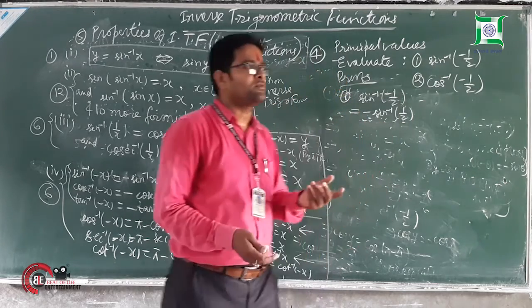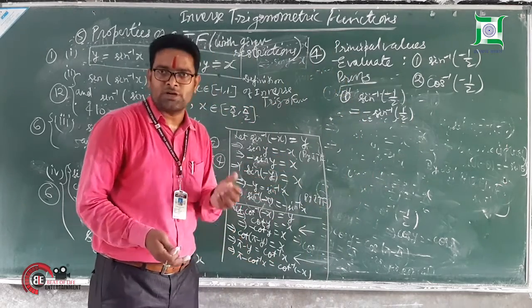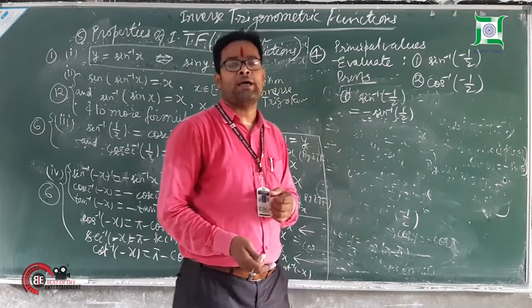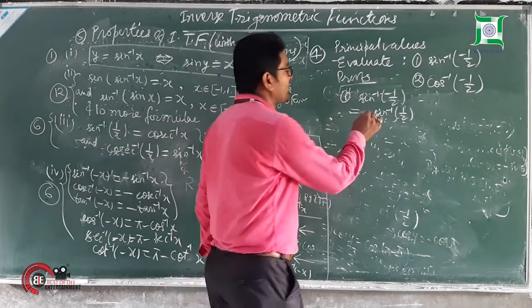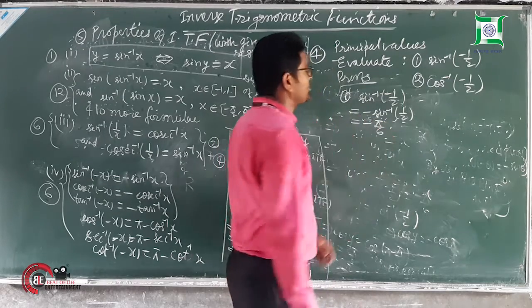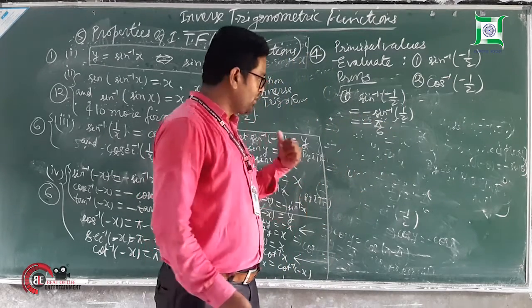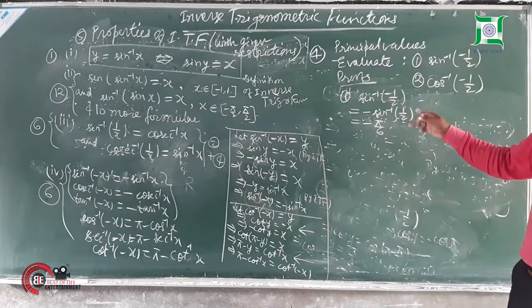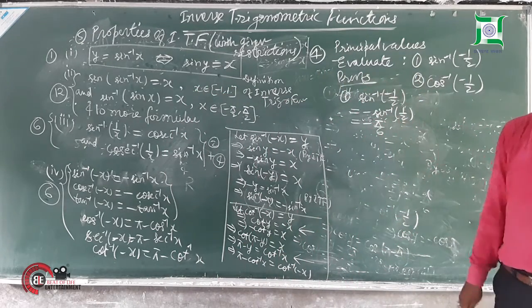So the value for the sine function, a simple trigonometric function, becomes 1 by 2 when it is pi by 6. So can we write it directly as minus pi by 6? Now see, I promised you just a few minutes ago that I will show you the solution of this type of question in 2 steps.